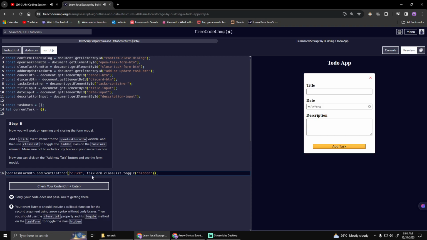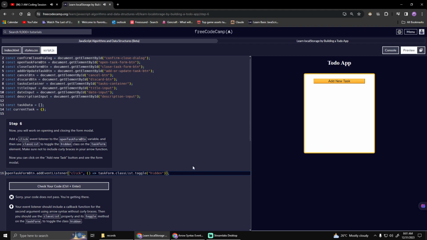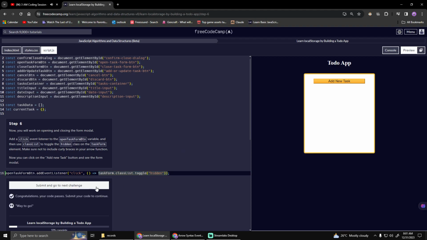It says it should include a callback function. So we use the arrow thingy so that if we click this, it should implicitly return this line of code. And yay,